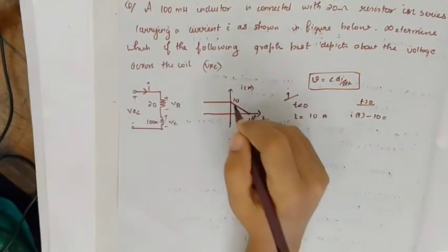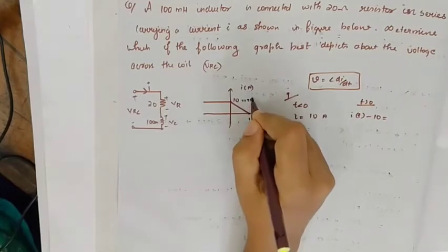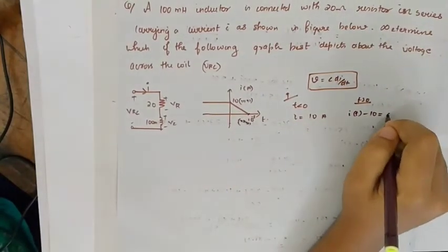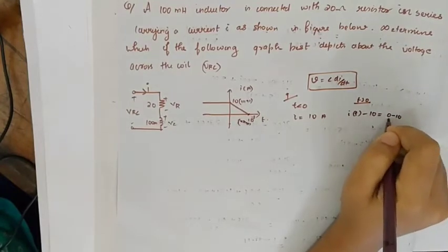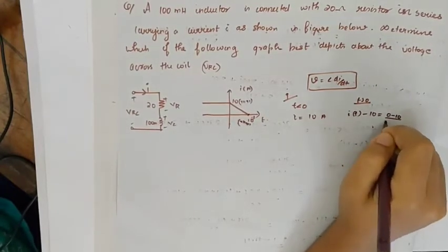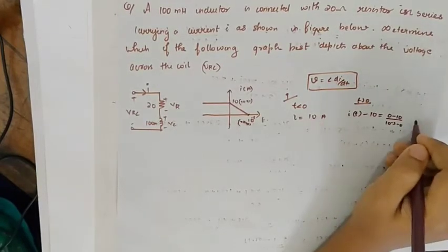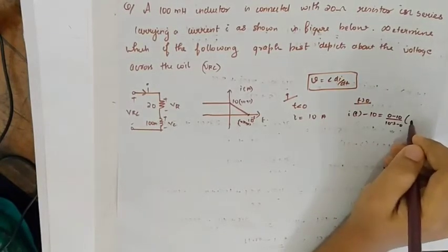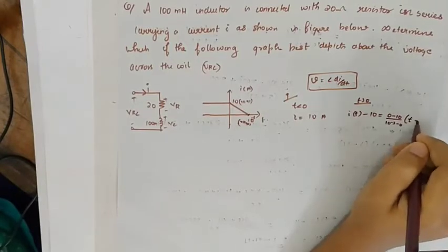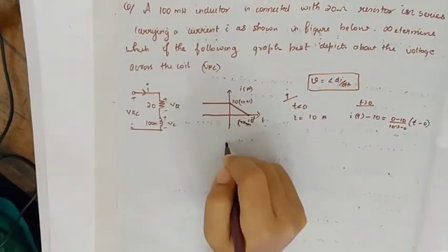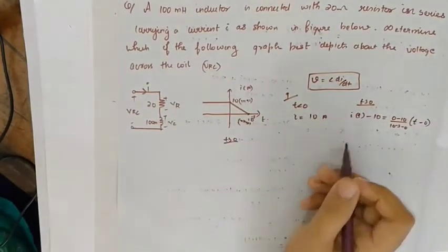Here, this is x1, y1 and this is x2, y2. So y2 minus y1 divided by x2 minus x1, this is the slope, into m into x minus x1. Instead of x, we have t here, and our x1 is 0. So I of t for t greater than 0 is